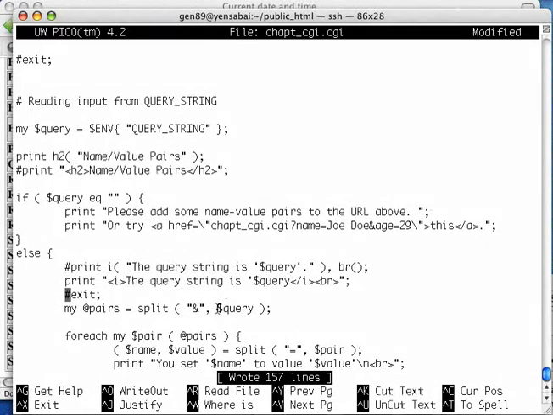And then we're going to take the query string. Now remember, the query string as it is normally done, right? This is exactly the way it comes in to the Apache server. It's got the ampersand in between the fields. So we're going to take our query string, split it on the ampersand, and we now put that in an array called pairs. And for each pairs,